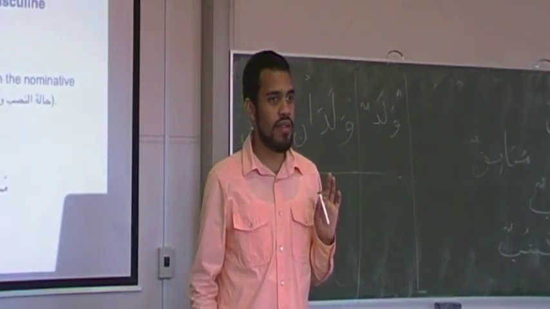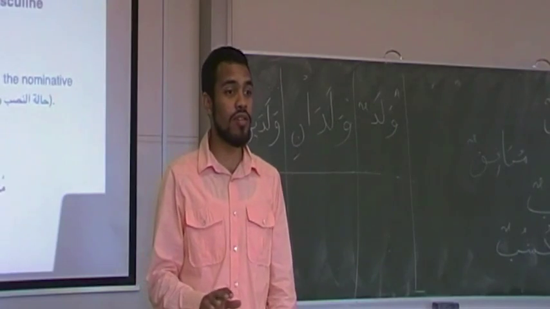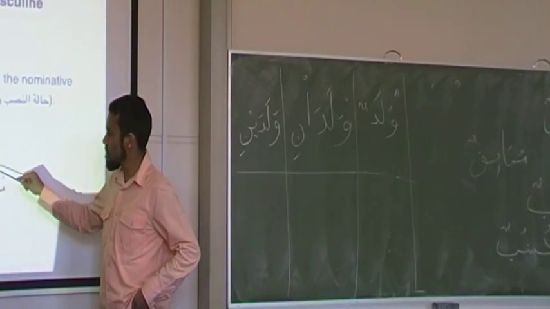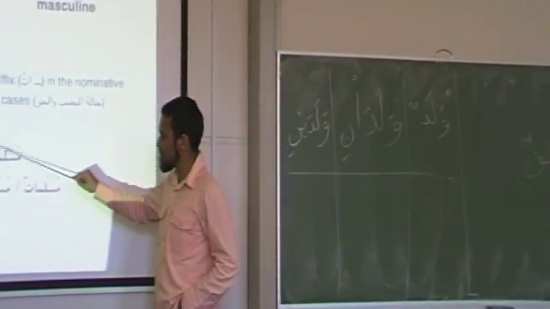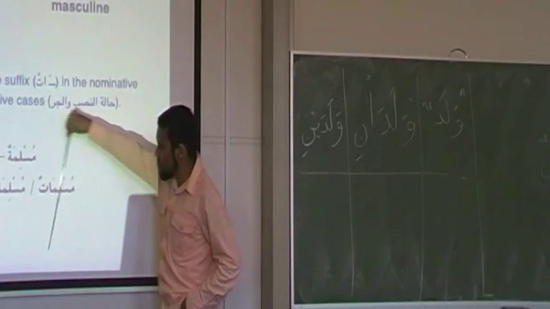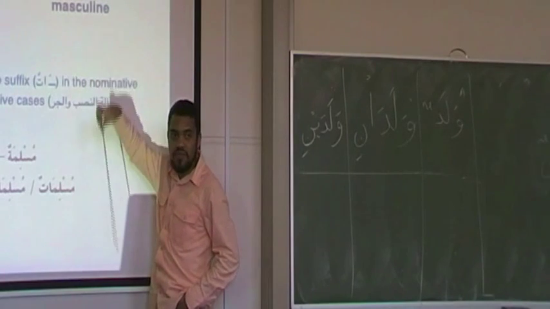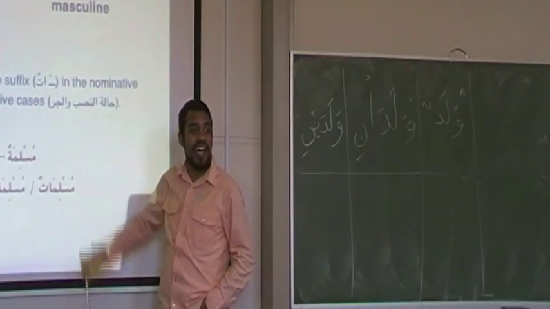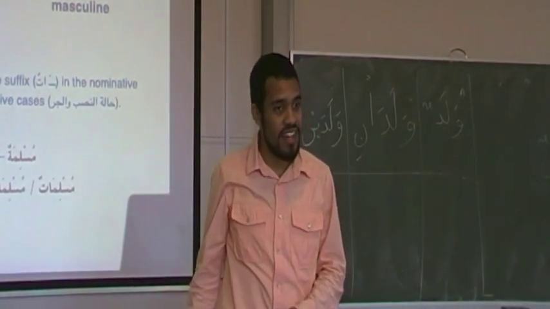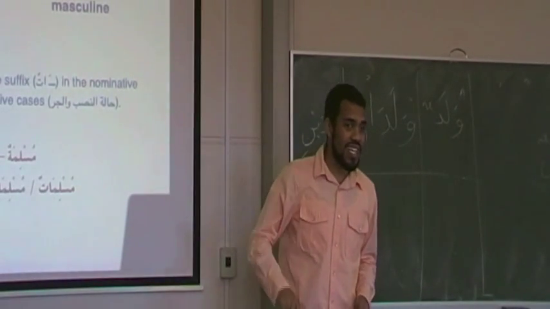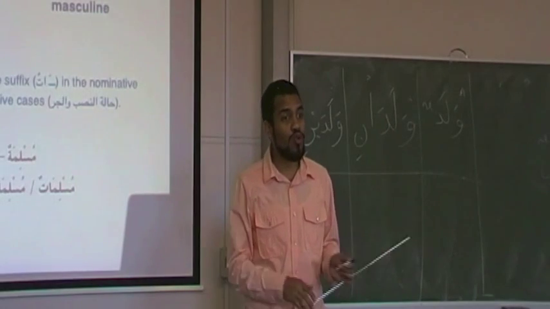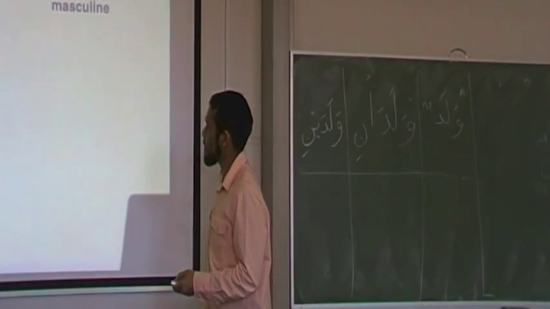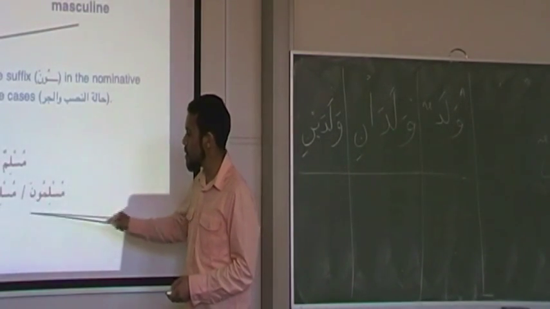Very simple. How do we make it? We take the word, like muslimatun. We cut that ta. We don't work with this ta because it's an extra letter. We work with the original meem. So we take Muslim and we add alif and ta. We add atun for the females: muslimatun or muslimatin. Atun or atin. For the dual, it's ani or aini. For the masculine plural sound, it's una or ina. Let's go back to the una one. Muslimun, muslimuna.